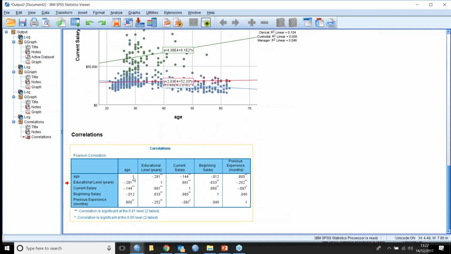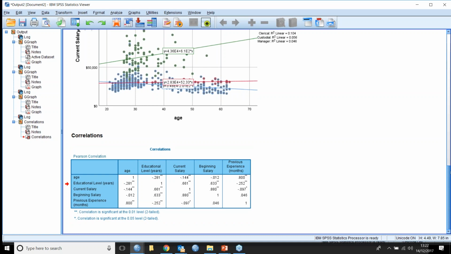You can see age against age has a correlation of 1, of course, and education level against education level is correlation 1. And we can see that there's a mirror image for education level against age, and age against education level gives us the same two values. So you only really have to look at the bottom diagonal values or the top diagonal values. You don't really need to look at both of them. It's saying here that there is actually a negative relationship between education level and age, meaning that the older you are, the fewer years of education you have. There's a slightly negative relationship between current salary and age, which is that overall